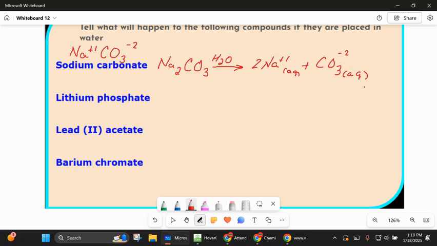Okay. Now let's go to lithium phosphate. Jade, give me the formula for lithium phosphate, please. Give me the formula that you wrote down. Jade, that's perfect. Lithium is a +1. Phosphate is a -3. That gives us this compound. Okay? Lily, when we put this into water, will it dissolve and be aqueous, or will it precipitate and be